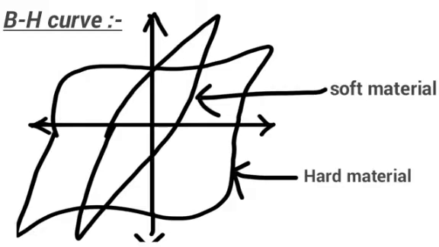For example, if you take a hard magnetic material, the hysteresis loop area is very large, as shown in the above figure. If you take a soft magnetic material, the hysteresis loop area is very small, as shown in the figure above. Hence, to reduce the hysteresis losses, we use a material which has a narrow hysteresis loop. As soft iron can easily magnetize, the magnetic core is made with low carbon silicon steel, which has high permeability, to reduce hysteresis losses in the magnetic core.